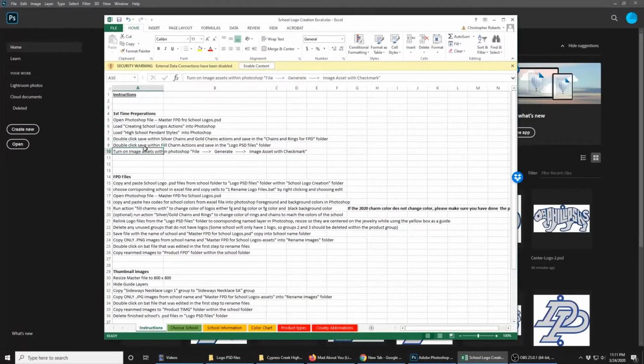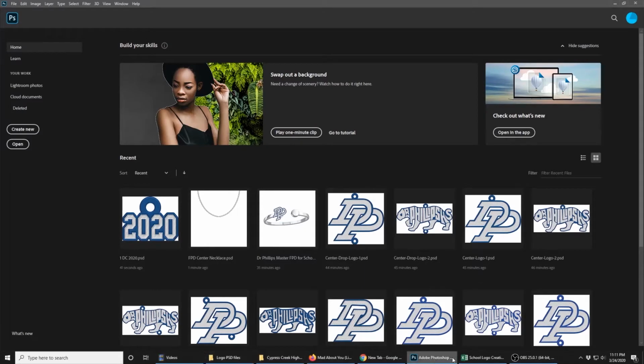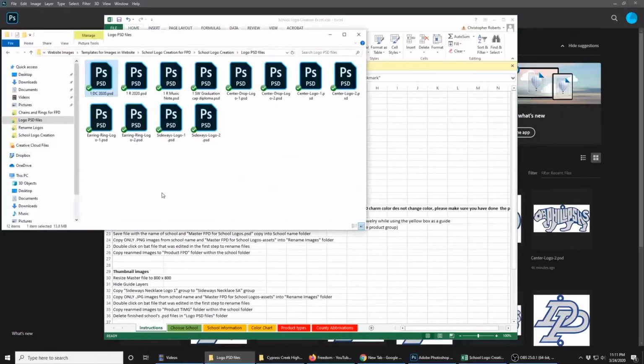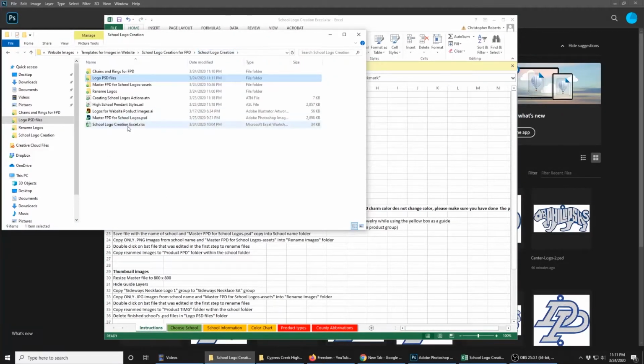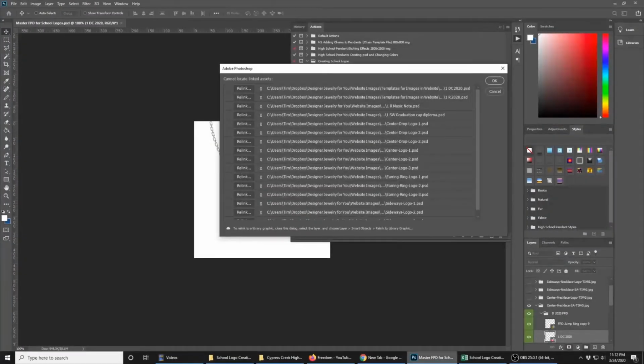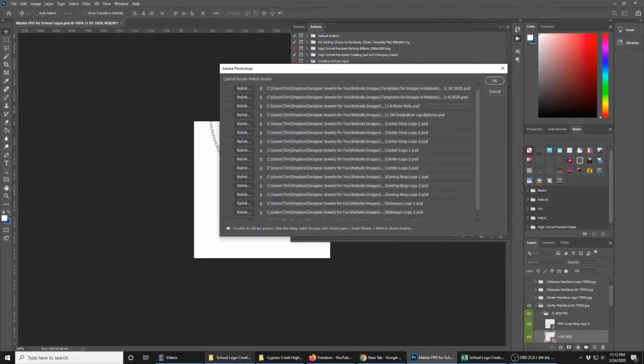And then the next thing we're going to do is turn on image assets. So what we're going to do is open the file, which is going to be here. And it's going to actually ask us to link that. So before we do that, we're going to have to copy and paste